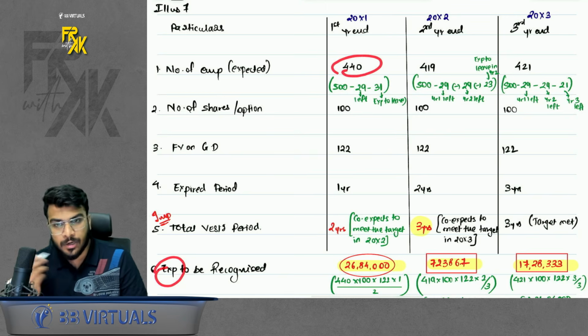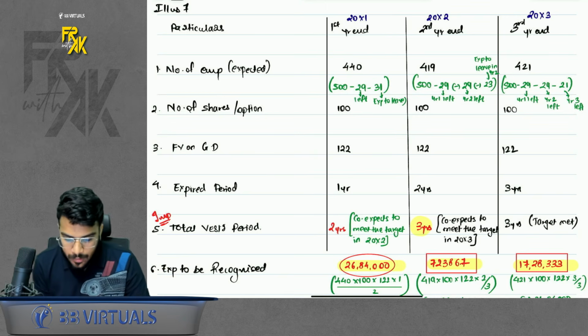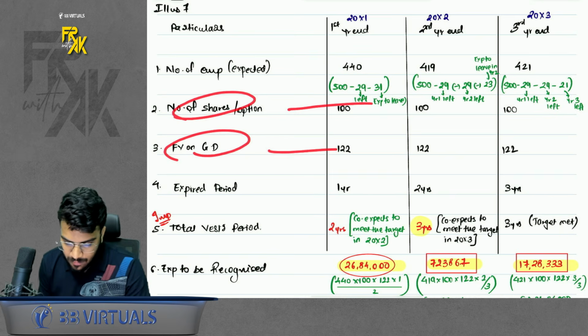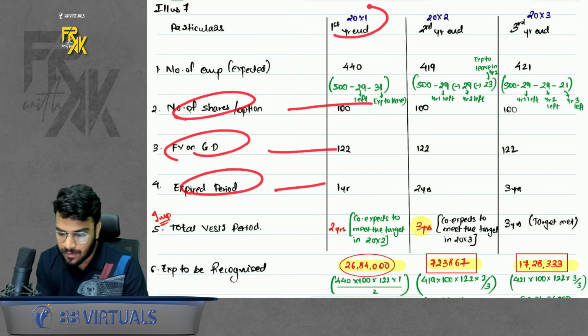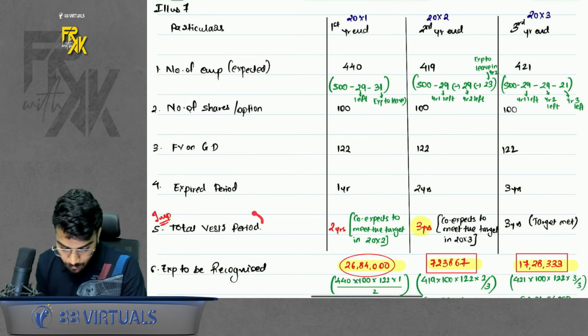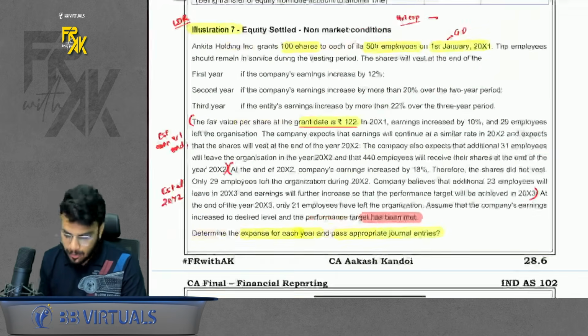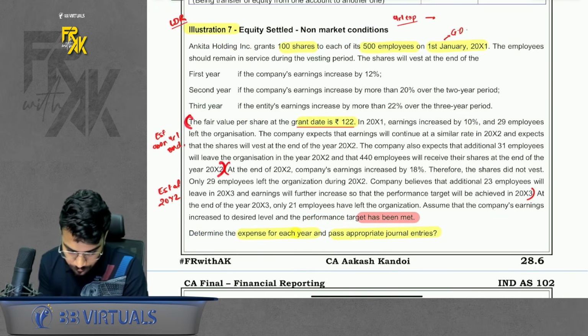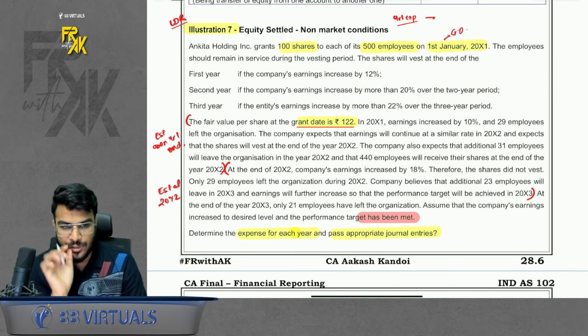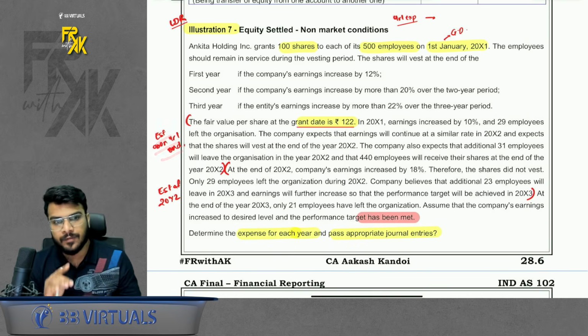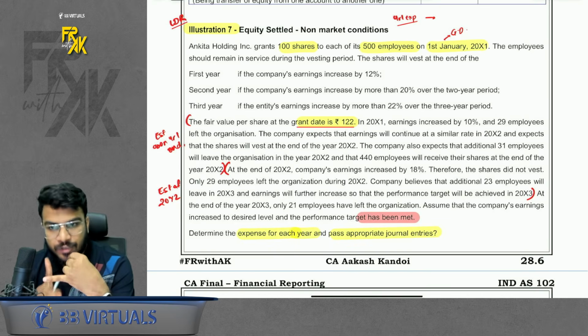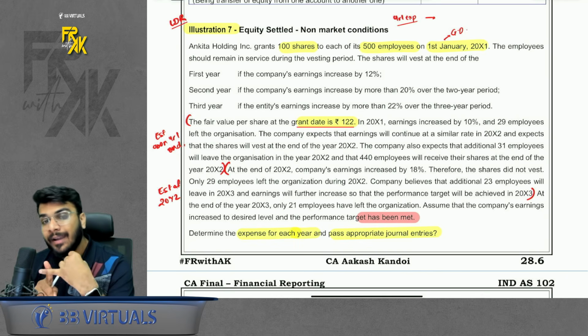The number of employees you are already told, and we take the expectation also. Then the number of shares is given, and the fair value at grant date we take. Now the expired period is till year one end. 1 year is expired. What about the total vesting period? If you read the question carefully, in this paragraph the expectation for the first year is given. As on the first year, we know two things: that in the first year the target is not met, and